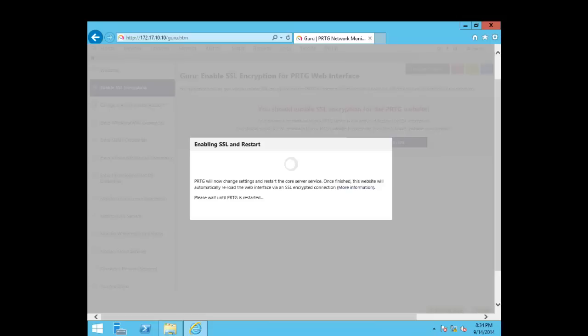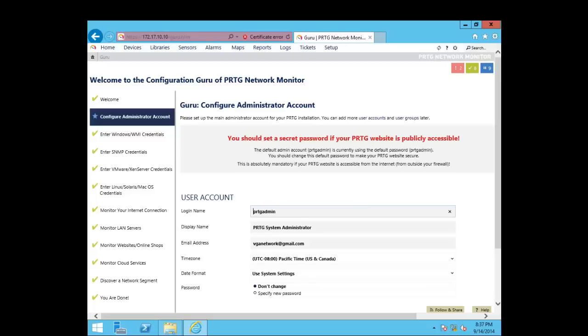Okay, now since PRTG has finished restarting, you can tell that it has changed to SSL via your web URL here. You can see that it changed from HTTP to HTTPS, port 80 to port 443. Now in the next part of the Configuration Guru, you'll need to